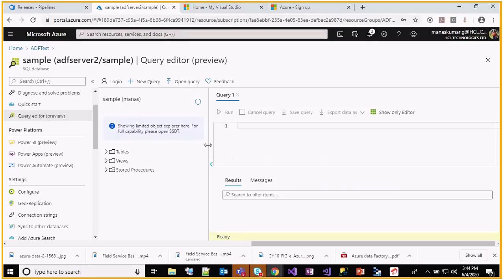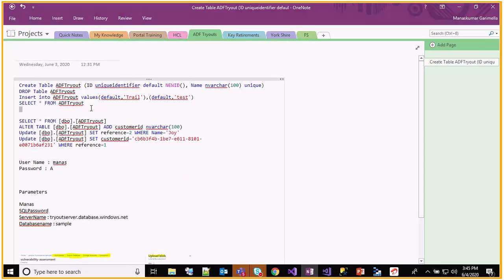Now I have been provided access and I can see something here. Since I created it newly, I don't have any tables available. Let me quickly create a table and then insert the values.